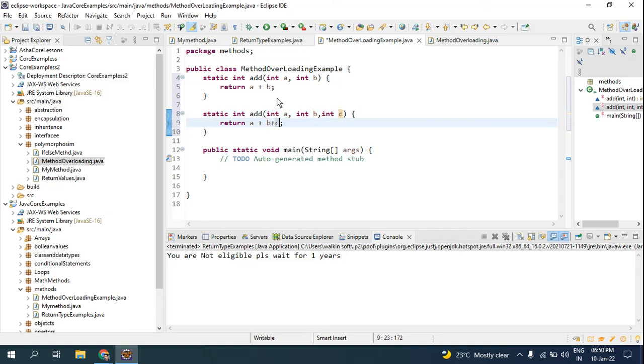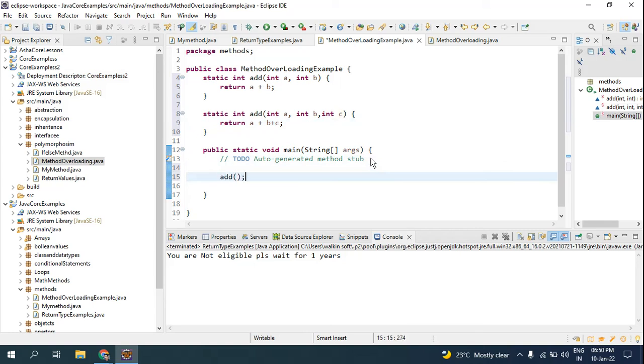So now the difference is that you have two parameters here and three here. I will run it. You cannot just invoke it directly like add and write the numbers 3 and 2; it gives you an error. I'll make it a print statement to print the value.